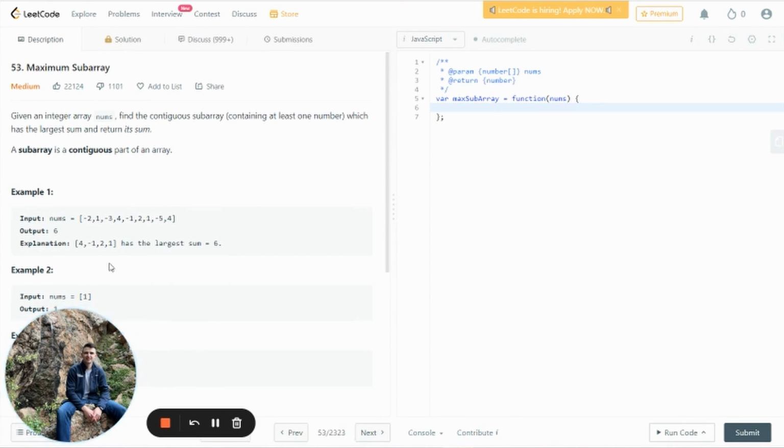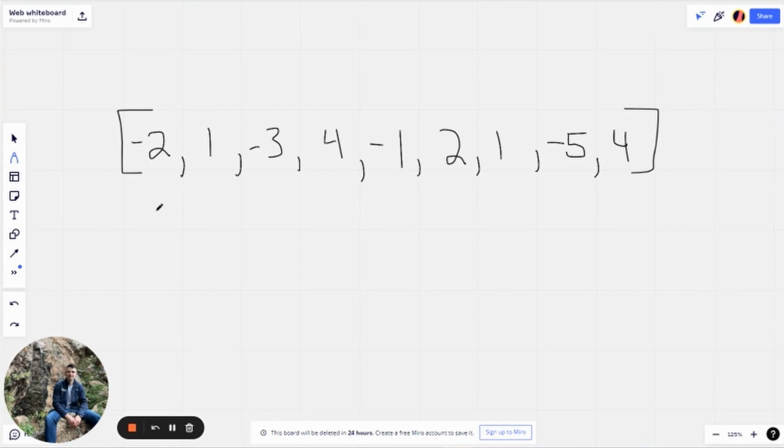So how do we actually find this subarray within this entire array? You may be thinking the easiest way is to just check every possibility. Check -2, and that's our current maximum. -2 plus 1 is -1. That's our current maximum. Next, and so on until you get to the entire array. And then you can X that out, check this, check this, check this, and so on, right? And we can do this with a few for loops. But before we go down this path,